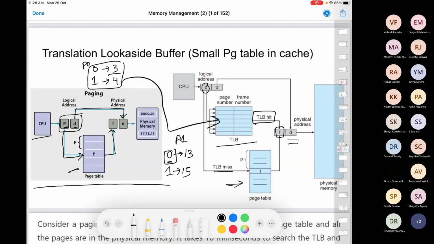So you can flush it, or what people generally do is, with the TLB they have one additional bit which is called the valid invalid bit. So once you have a context switch, you can just make all these bits invalid, which means that all these entries of the TLB will no longer be correct for the new process which is coming. And now when this new process accesses certain pages or frames, it can start filling the TLB with its own data.